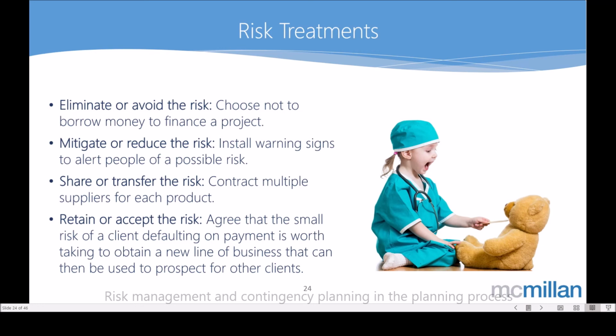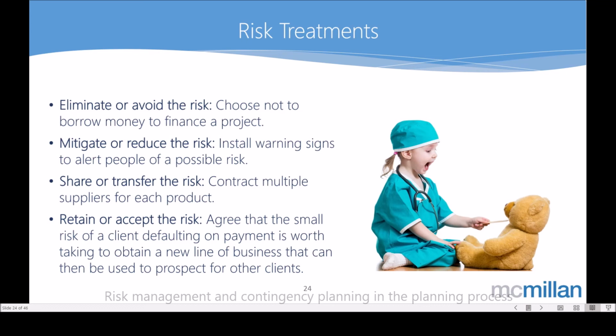do something about it. So other types of risk treatments that we could do, and I'm working from the bottom up, so I just talked about retain or accept. The next one up is that we could share or transfer the risk. So we might contract multiple suppliers, or we might put something into the supplier's contract to say, if you do not supply, there's going to be these monetary fines, and then that'll allow us to have another supplier on backup, even if it's going to cost us more, because those monetary fines are going to counterbalance that.